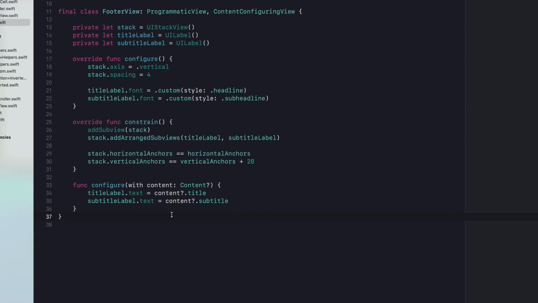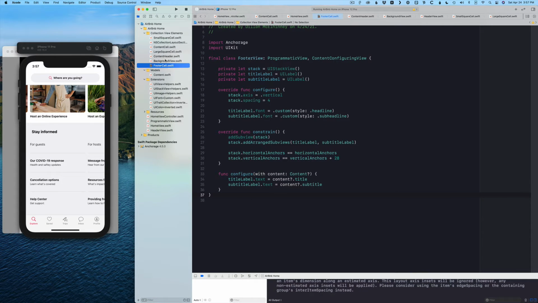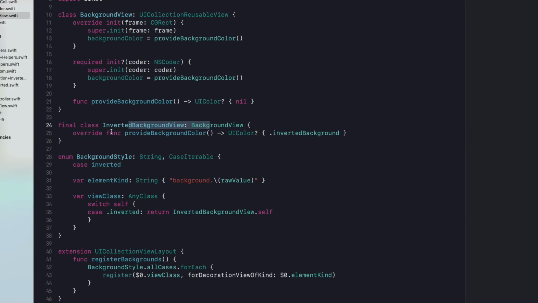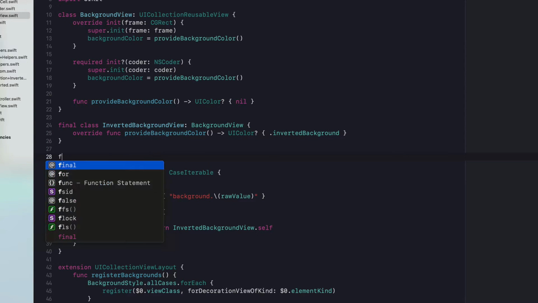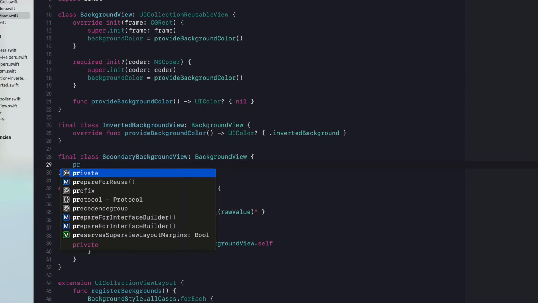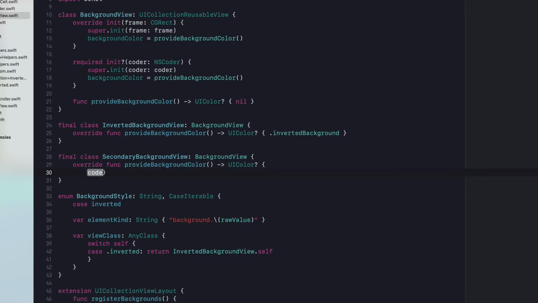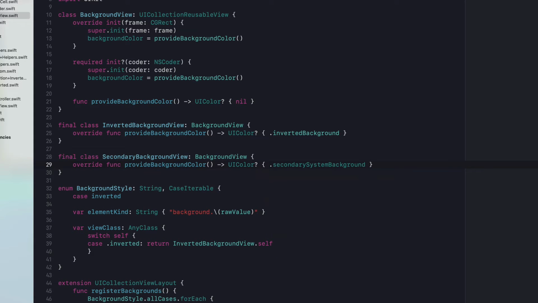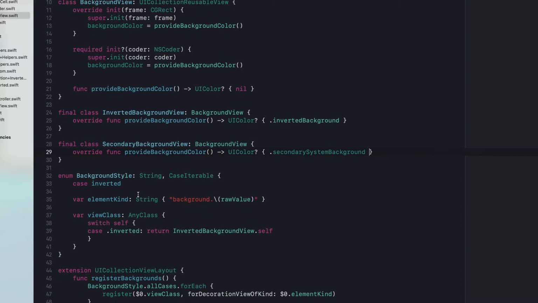But now we need to add a new background. So in our background view file, I'm going to add a new style. We have this inverted background view. We're going to add a new class called secondary background view, which is going to be a background view. And here we need to override provide background color to return secondary system background as the color. Then we need to add a new background style, so I'll add a secondary,